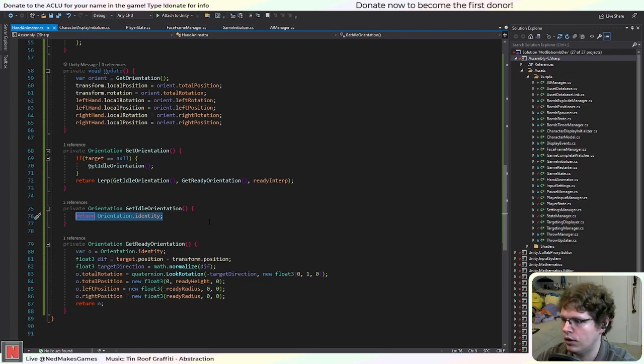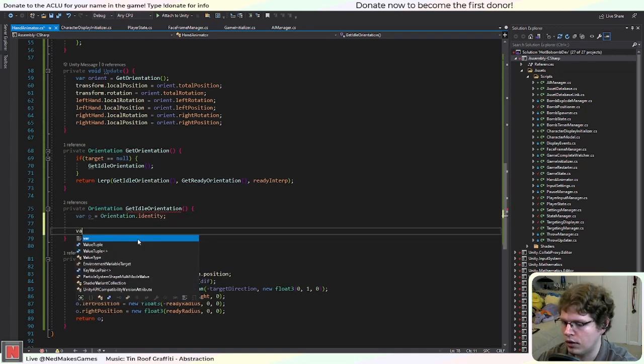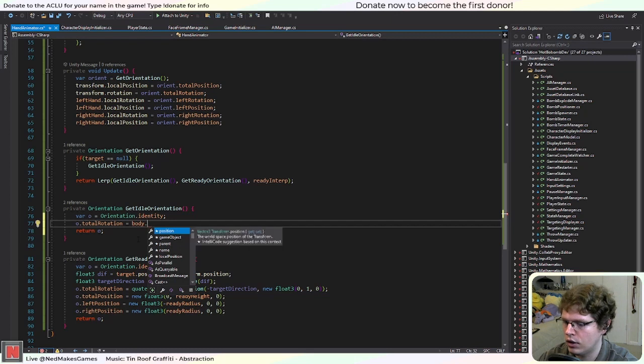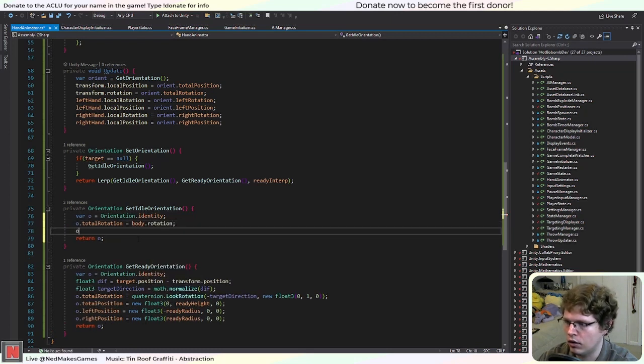So what I want to do here is make the rotation the same as the body. So O dot total rotation equals body dot rotation, and then